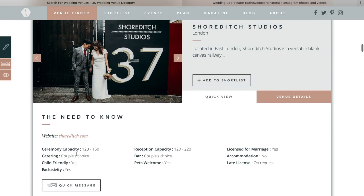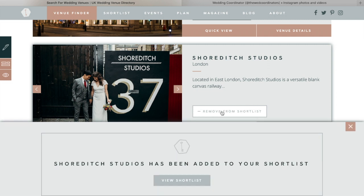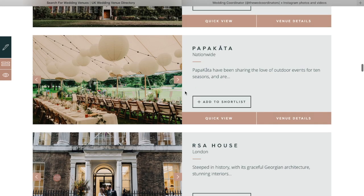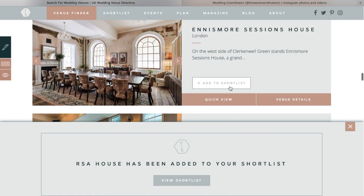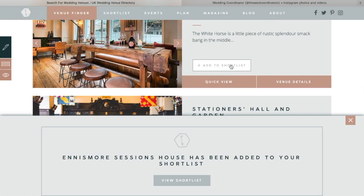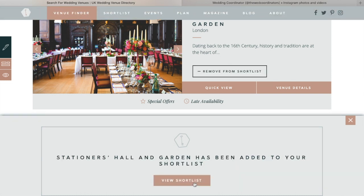So the next step would be to create a shortlist. So literally, Coco make it really easy. Here is a link. You just click on that and you've been added to the shortlist. Now we're going to add a few different spaces to the shortlist. So let's go with RSA House. Also Ennismore Sessions, the White Horse, just to give you an idea of all of the different venues that are here. So then you go into view your shortlist